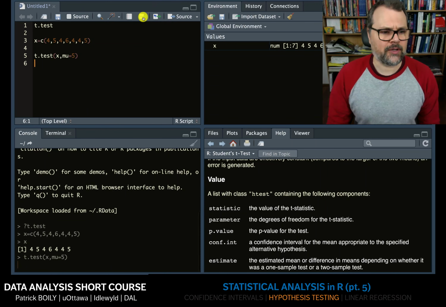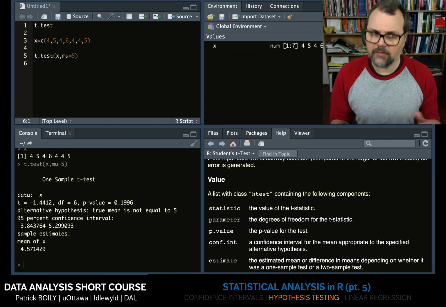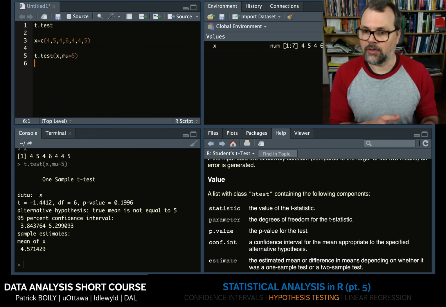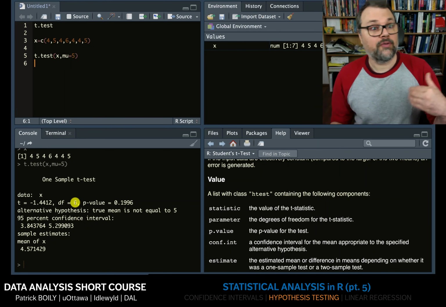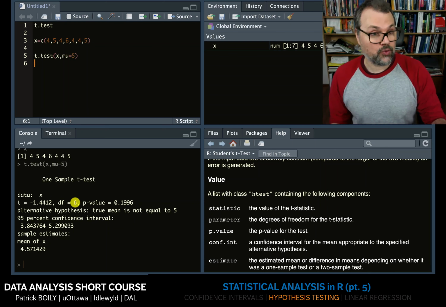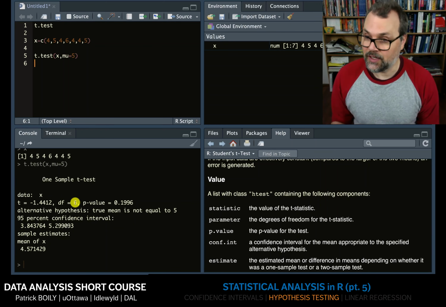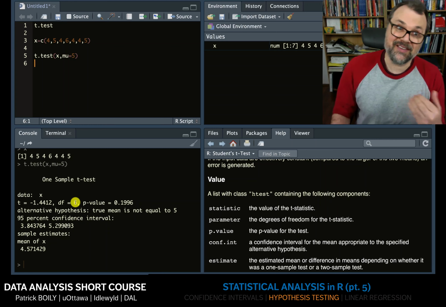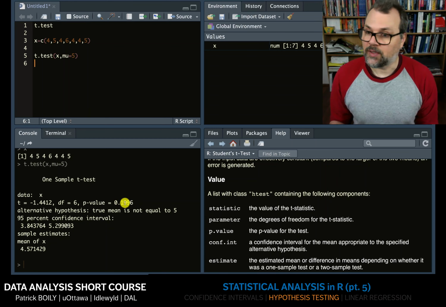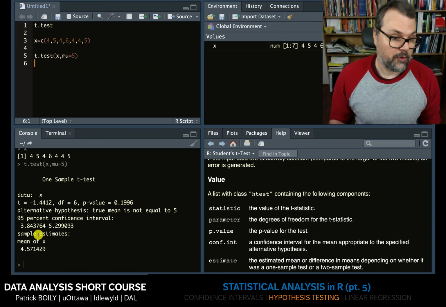Let's see what the outcome of this would be. I get all of the important information in that output. The critical value is there. It's minus 1.4412. I know the number of degrees of freedom. This is 6, n minus 1, for the test for the mean when I do not know the underlying standard deviation. That makes sense. The probability of wrongly rejecting the null hypothesis if it was in fact true, the p-value, is given as about 20%, and the 95% confidence interval for the mean is 3.84,